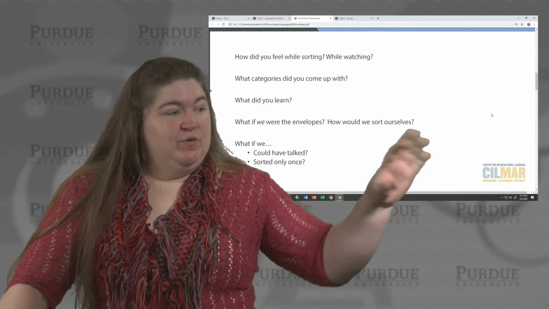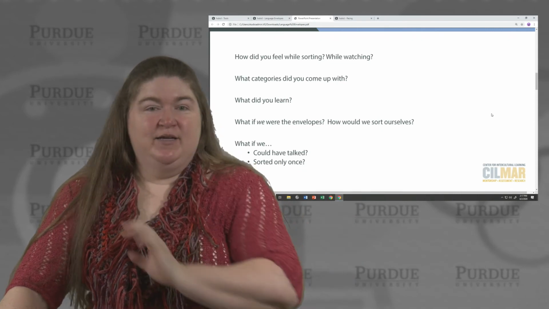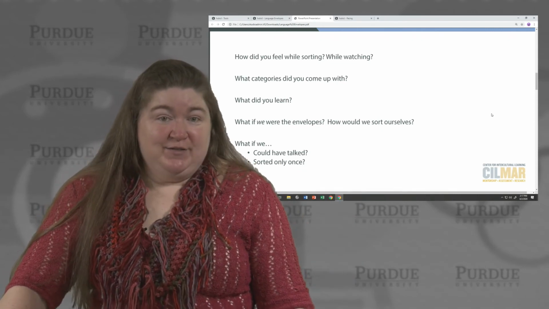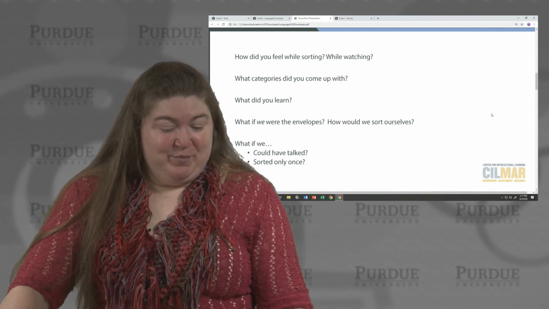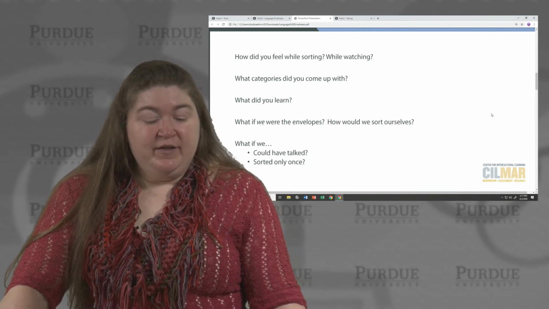They need to talk through, as a revamp amongst the whole group, what different categories came up, because some things will be appearing in some pairs that nobody thought of in other pairs, and it's interesting to see these. Then also some of them will be shared amongst everybody. And then thinking about what they learned.